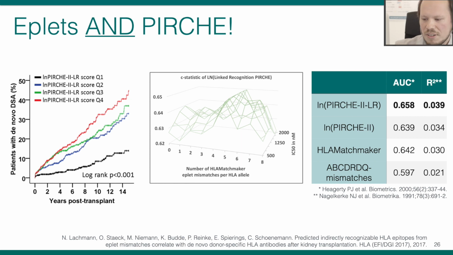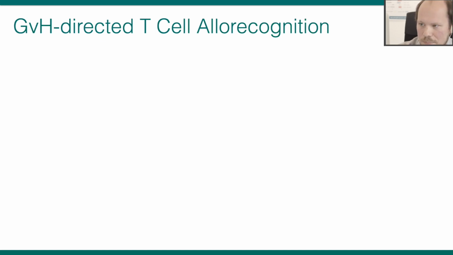Here, an abstract of 2017, I think at the FE meeting, where we tried out a new prototype where you apply a subsequent B cell epitope or HLA matchmaker matching and a Perch matching. And as you can see, the predictive performance of this model is then beyond the Perch model and beyond the matchmaker model. So this indicates we are moving towards an "and" and not an exclusive "or". So let me jump now to stem cell transplantation to be complete here.